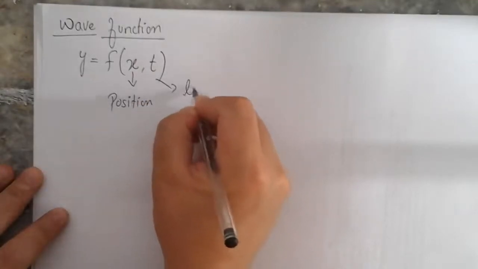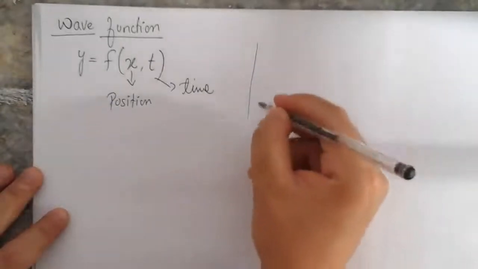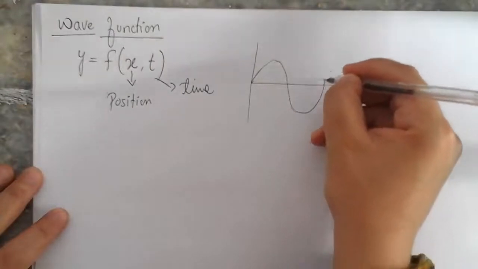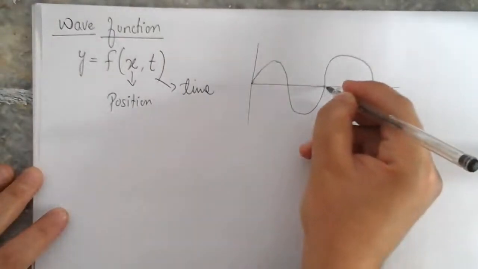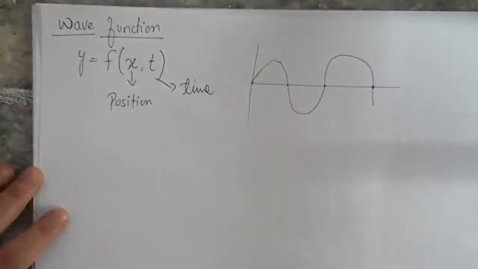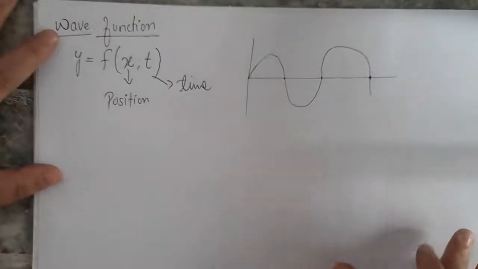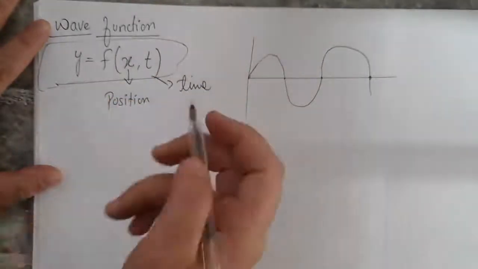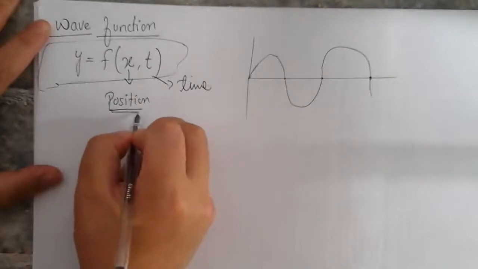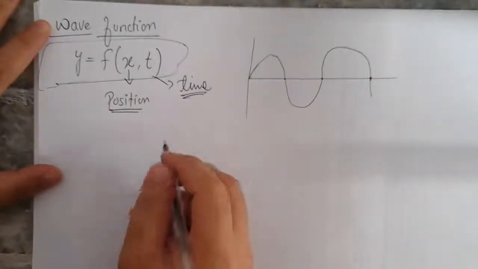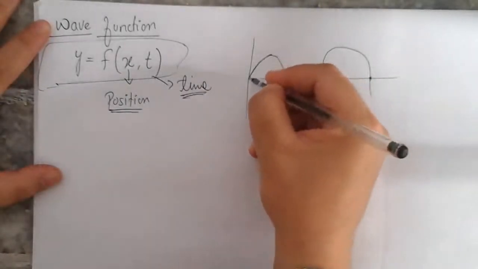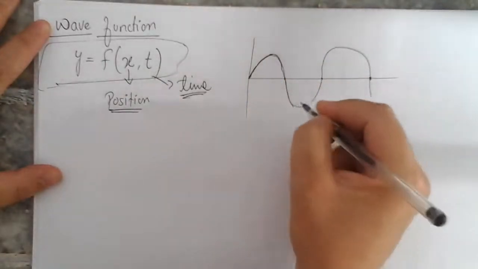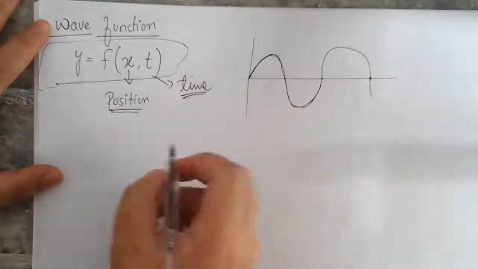and t represents time. It means that when a particle is moving in a wave, this particle's position and time will specify the wave motion. Okay, so this is the basic function for a wave. So a wave depends on two factors, that is position and time. Okay, so we know that a wave is a collection of objects having simple harmonic motion, and we have also studied